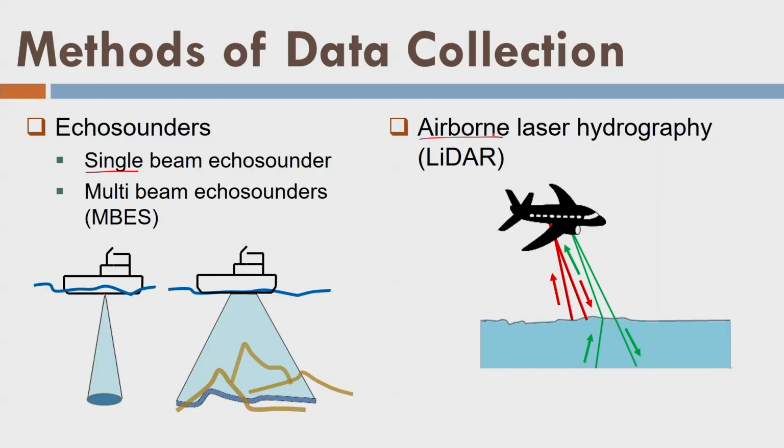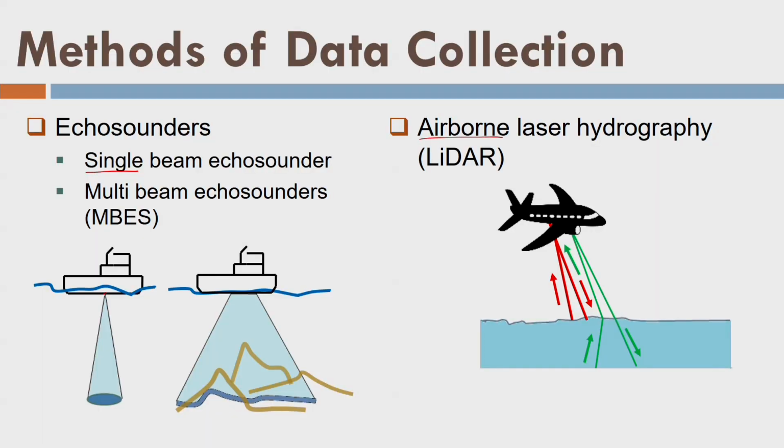So according to the whisk broom mechanism, if the sea vessel is moving like that, the multi-beam echo sounder is throwing the pulses in this direction, like this 1, 2, 3, 4, 5, 6, 7, and again as we move, 1, 2, 3, 4, 5, 6, 7, and so on. So the multi-beam echo sounder is throwing the pulses towards the seabed, and it is acquiring the data in a zigzag fashion. Fine. Now let us look at another method, airborne laser hydrography.